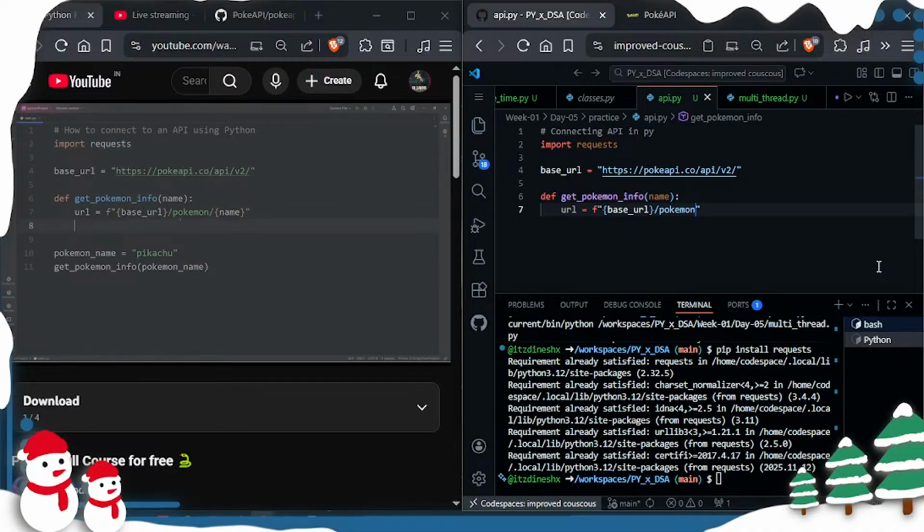We'll access the request module, use the get method, and pass in that URL. This method is going to return a response object, which